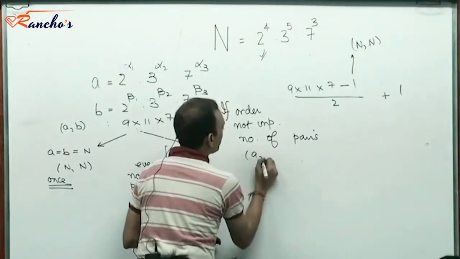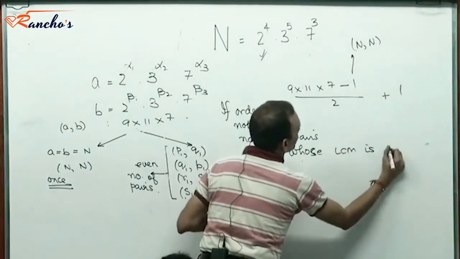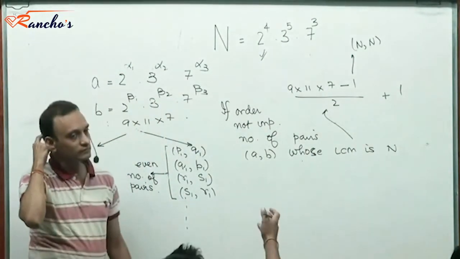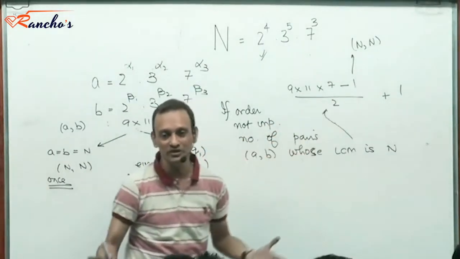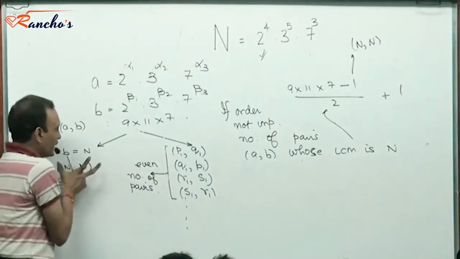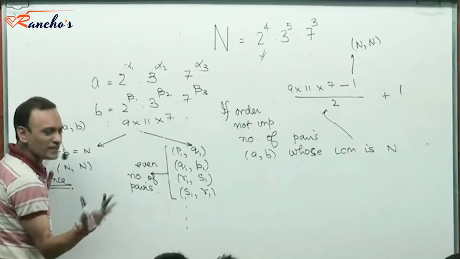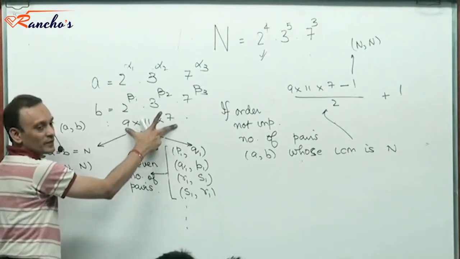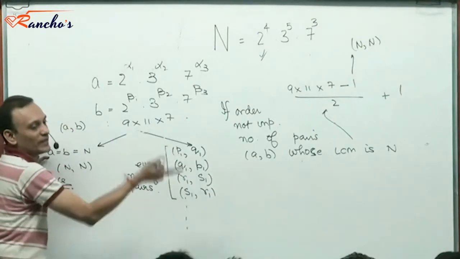So this would give me, if order not important, the number of pairs A and B whose LCM is n is these many cases. Same thing, this was the logic. I'm not talking about the computation. Yes, because you are adding this case. Either way, you can add this case once so that this case also appears twice, and then divide by 2. That's the logic. Fine. No argument on that, right? What he's saying is, in these, this was appearing once. Add it once so that now all these pairs have appeared twice and then divide by 2.